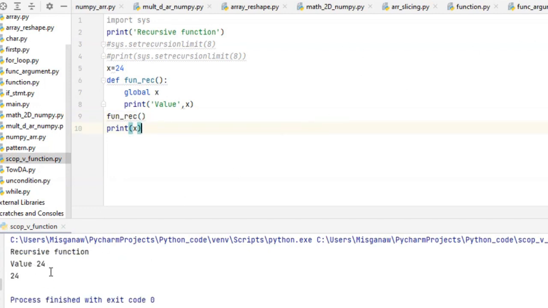You see, I get both 24 and 24, because I call this x the global variable x, and this is also the global variable x. This is all about global and local variables in Python functions.